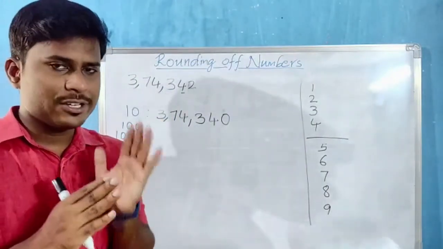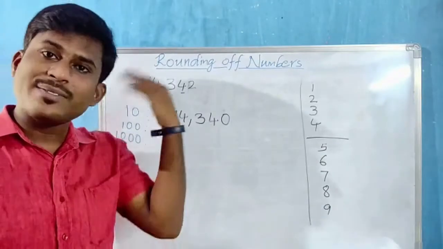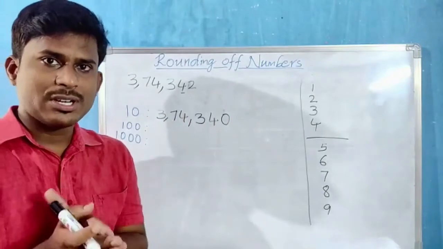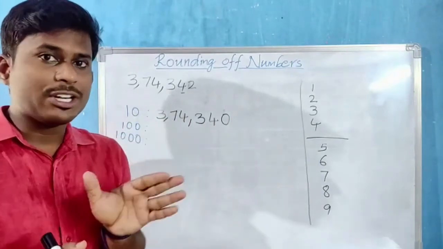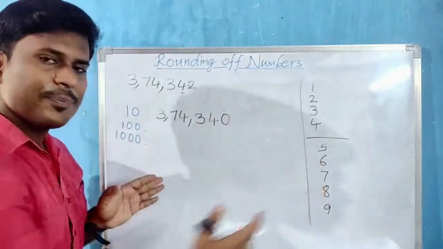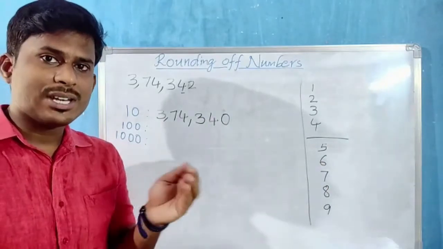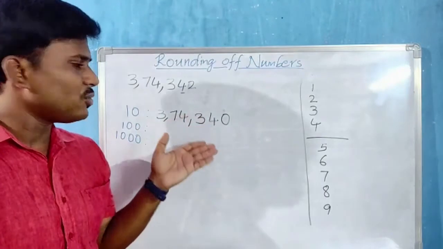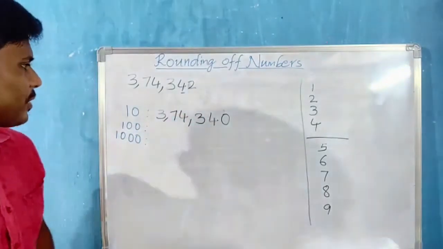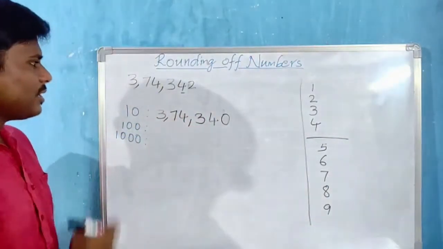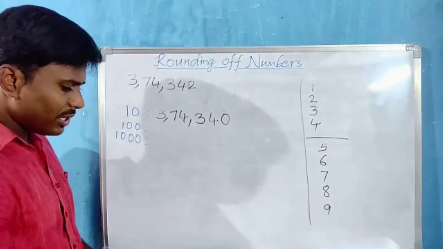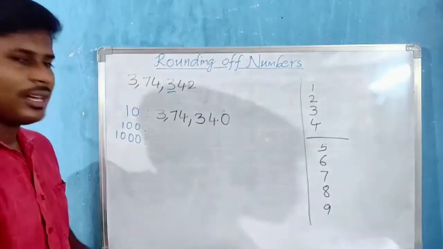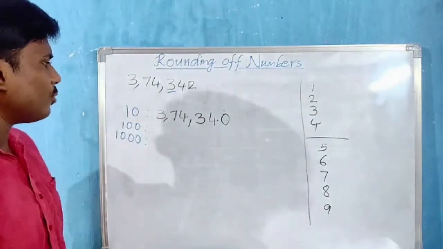If we take this 42 on a number line, as we learned in 4th class, this 42 is near to what number? 40 or 50? This 42 lies between 40 and 50, but it is near to 40. That's the reason we are rounding off this 42 to the nearest 40. Now if we go for hundreds place, round off to the nearest 100, then 3 is our rounding digit.